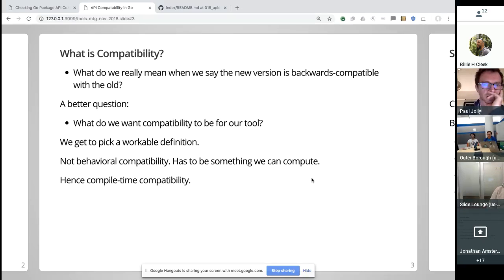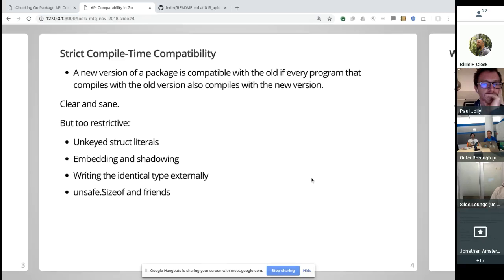So it's just an advisory thing, because all it can tell you is: will the old code compile, will the new code compile? That's the basic question it answers. But even there, you don't want to do it strictly, because there are many things you can write in Go where, if we acknowledged them as breaking changes, you wouldn't be able